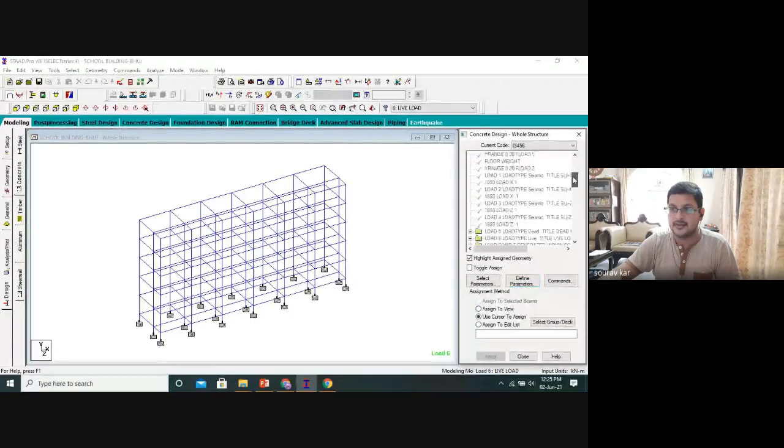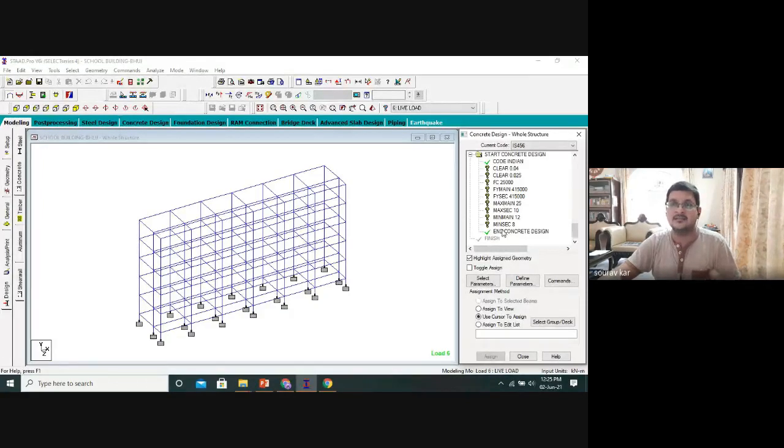If you take this scroll bar, and if you scroll below, you will see all these parameters are enlisted here. That means your bucket list is ready. Now just you have to assign. The way we used to assign properties on beams or columns, the way we used to assign loads on beams and columns, similarly here, we will assign the various parameters on beams and columns.